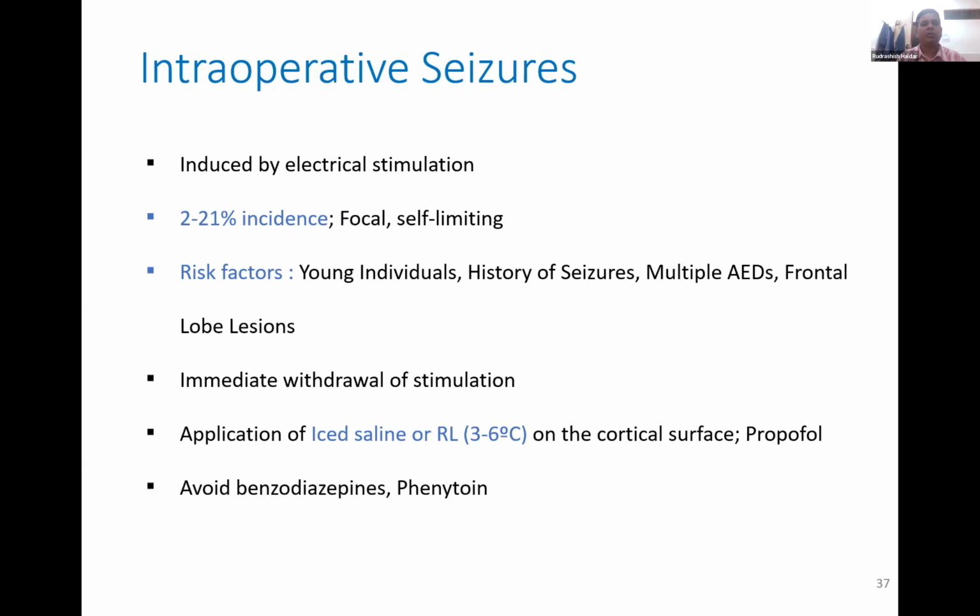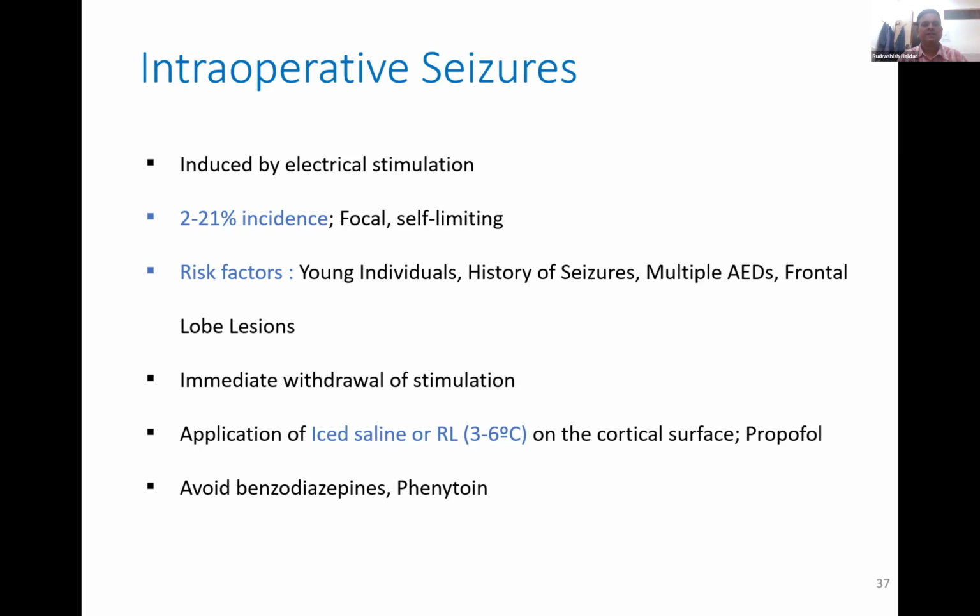Then there may be intraoperative seizure. To avoid intraoperative seizure, the patients who are on anti-epileptics should continue them till the day of surgery, and there should be adequate stock of IV anti-epileptics like phenytoin or fosphenytoin in the OR in case they are needed. The incidence of intraoperative seizure is around 2 to 21%, which is mostly focal and self-limiting once we ask the surgeon to stop stimulation. The risk factors are young individuals, patients with a history of seizure,